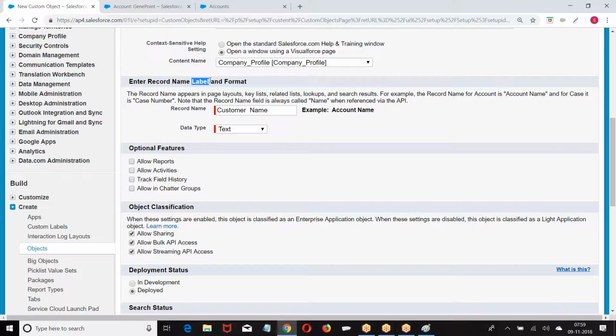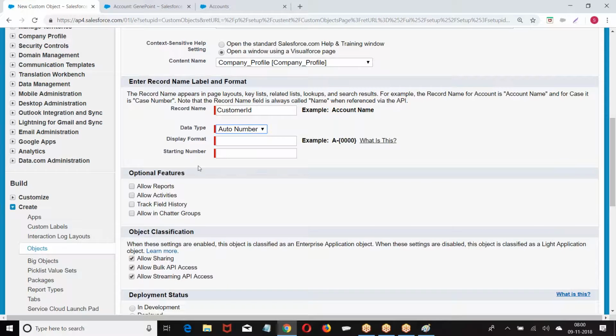How that name field should be displayed is given by the record name. So here I am saying customer ID. It accepts a text or auto number. Text means you have to enter it, auto number means the system will generate it. If you want the system to generate, specify the format.